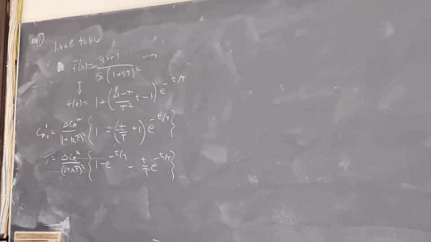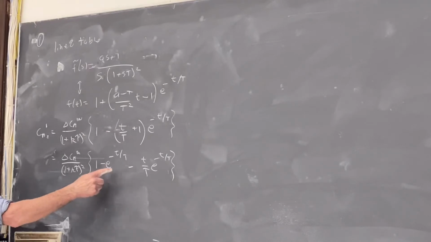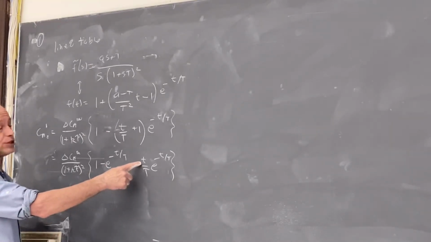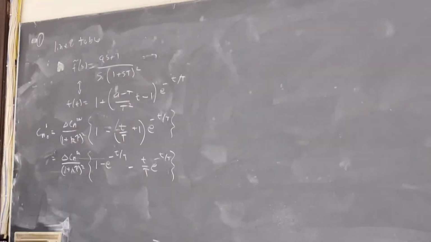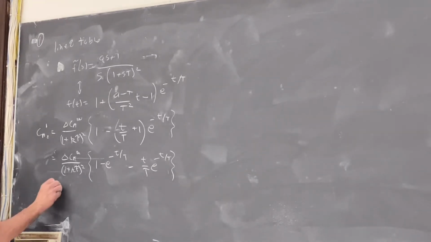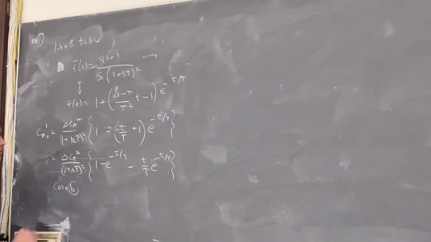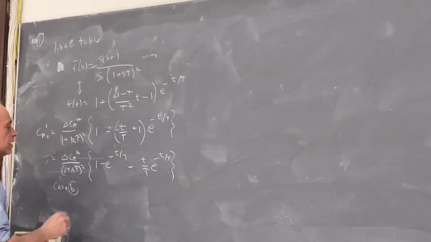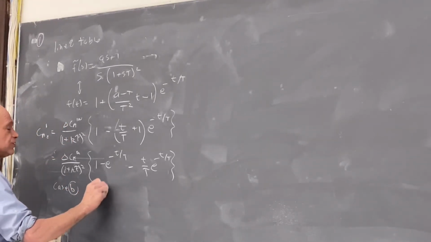Okay, so let's notice what happened here. Notice that I have the exponential decay, but also, because I have a resonant condition, I have t times an exponential, which is what I got last time. Let's look at case B, where τ1 is different from τ2.